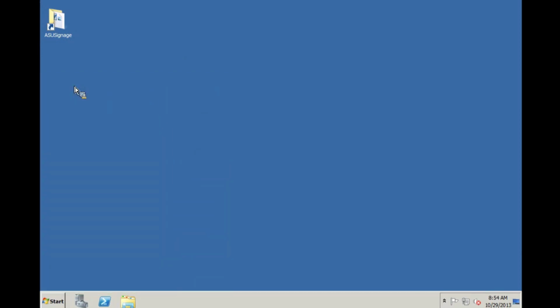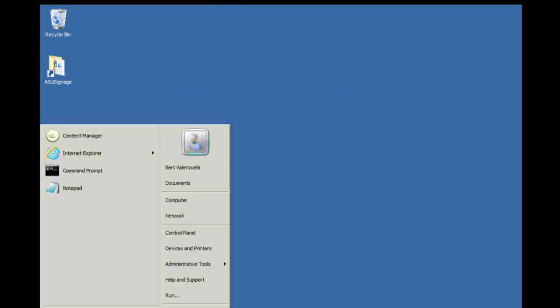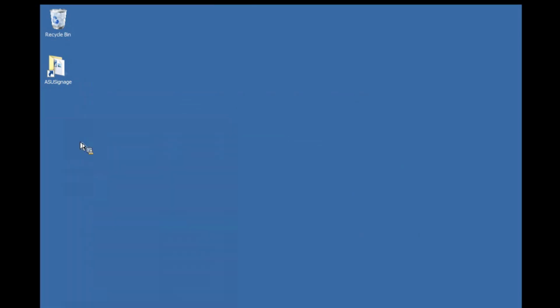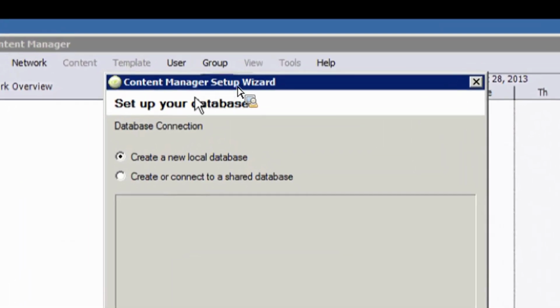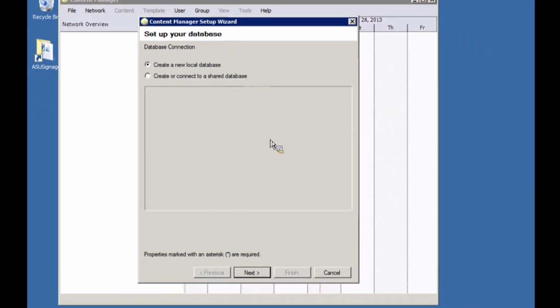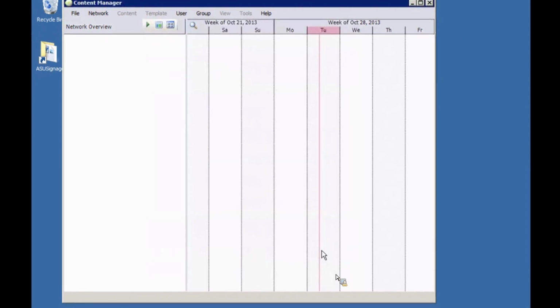And sometimes this takes a little while, so you might have to be patient. So when you first go into FourWinds, you should see this screen. And it's your Content Manager setup wizard. You don't want to go through this wizard. You want to hit Cancel. And then you want to go to File, Open,